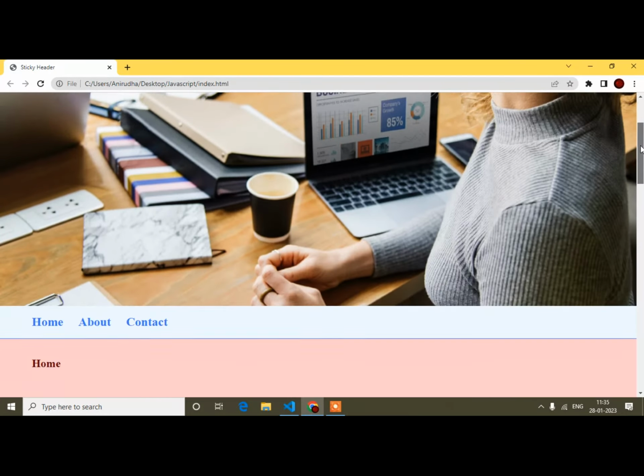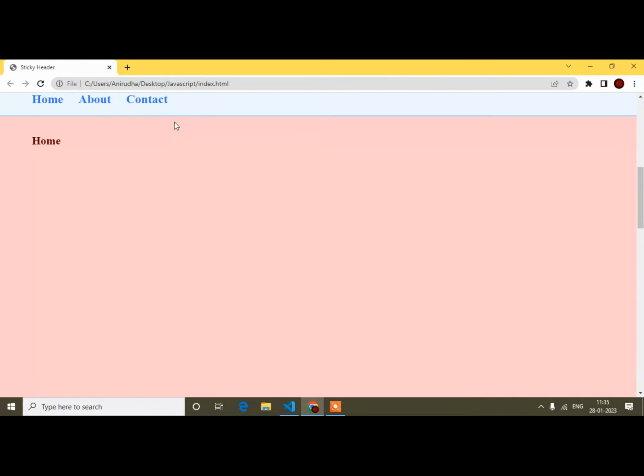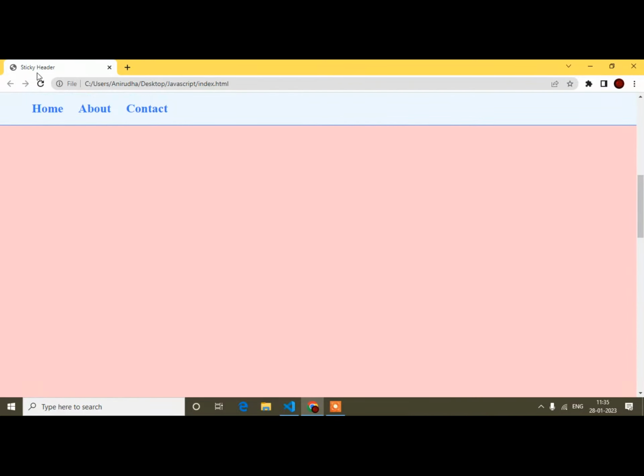So now, here is what I will do in this video. When this header is stuck, you can see three menus in the header: home, about, and contact. Based on the menus I have created three sections. You can see home, below it about, and the last one contact.